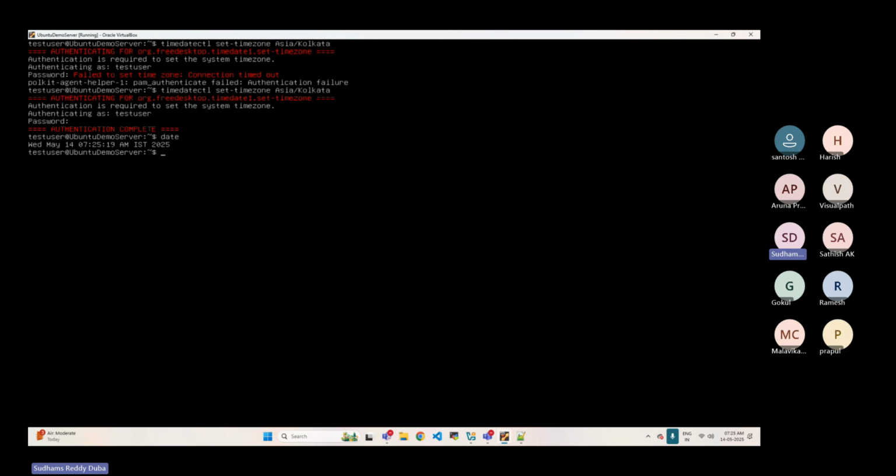Okay, when I executed that, it is as simple as that. If you want to change it back to UTC time zone or any other time zone, you can do that. Earlier, maybe long back, we had an older version of the kernel